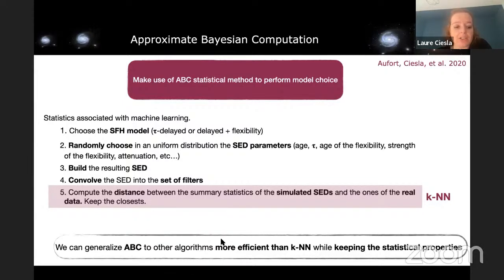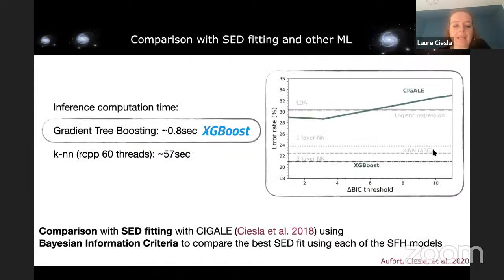However, we can generalize ABC to other algorithms that are more efficient than KNN while keeping the statistical properties of this method. So this is what we did. And at the end, we used a machine learning classification method called XGBoost. And as you can see, in terms of computation time, it was way better than a typical KNN